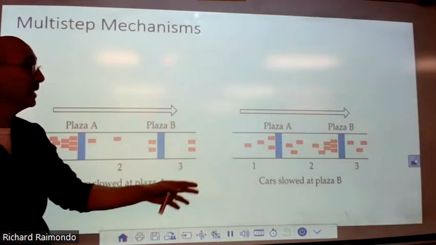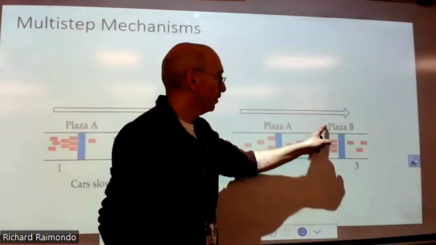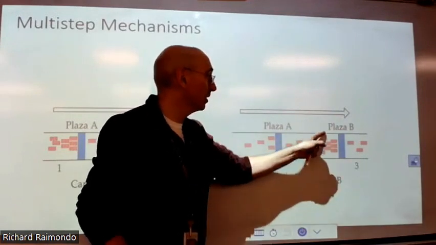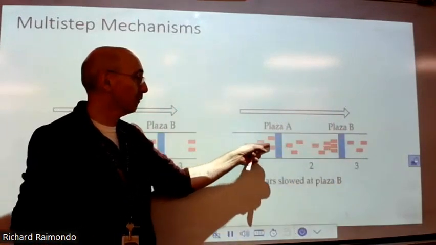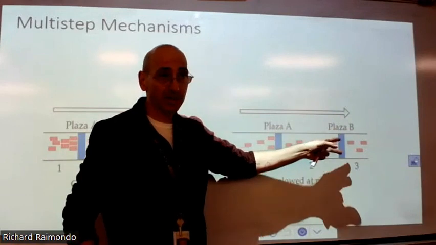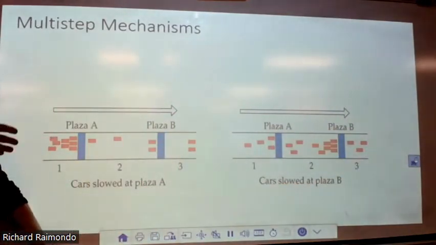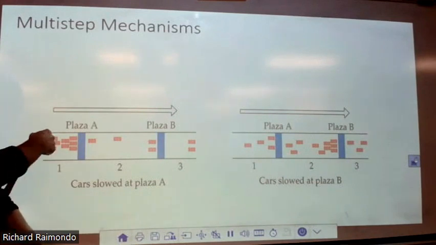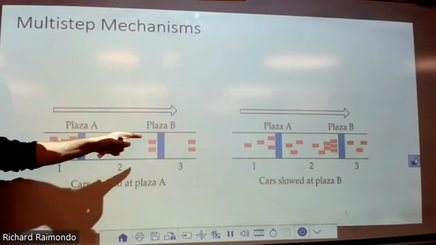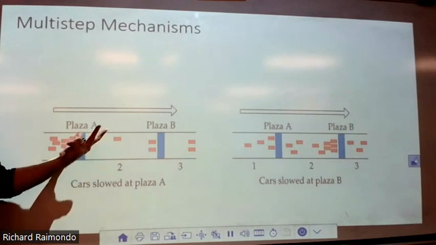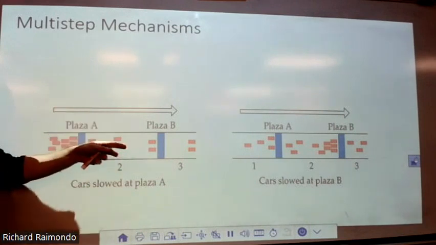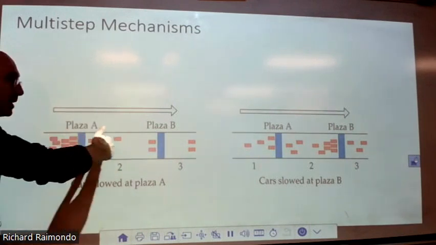Now, what could also happen is if you have 2 in a row, you could back up at the second one, which means these guys are just kind of flying through here and they stop at the second one. So one of these toll plazas is going to limit the flow of traffic, right? You can only go as fast as the slowest one of these. That makes sense, right? One of these is going to be the slowest and determine how quickly you can get